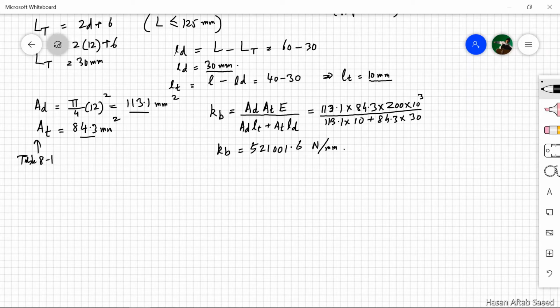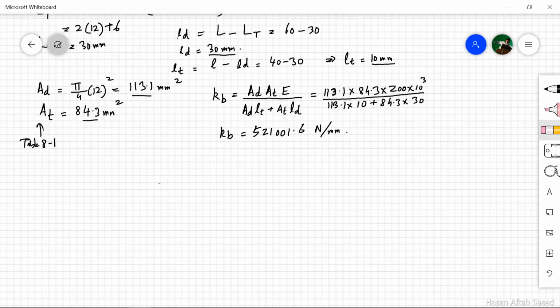Now we come to the slightly more complicated and probably the most tedious part of this problem, because the rest is very easy, and that is the calculation of Km, the members. Let's make our life easier by drawing roughly the situation here. This is the head of the bolt, then you have the nut, there's a bolt here, and you have then